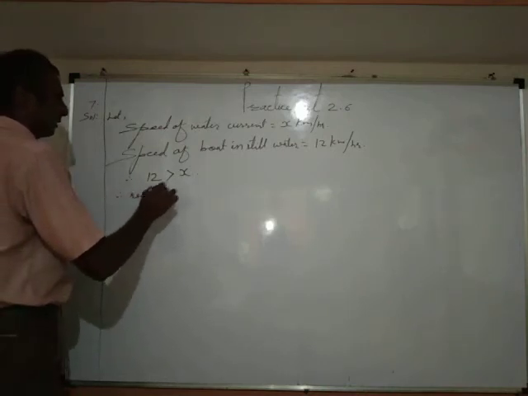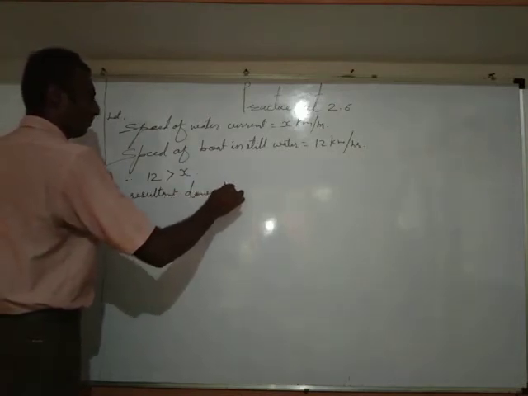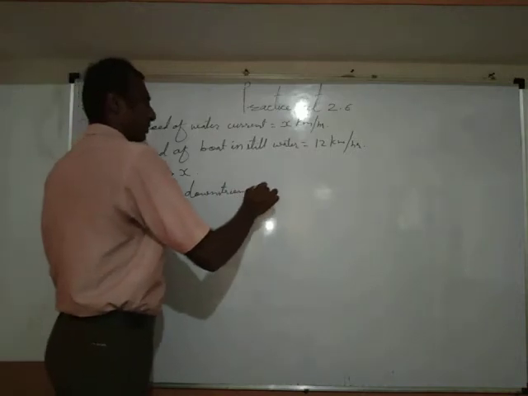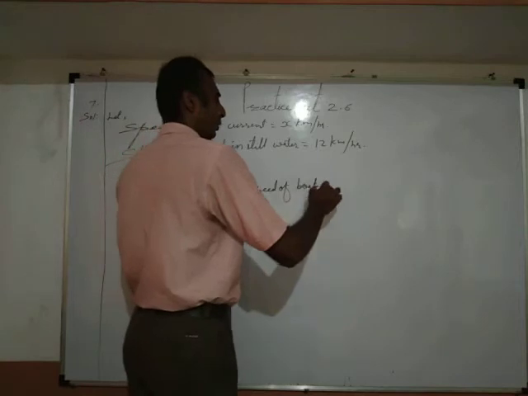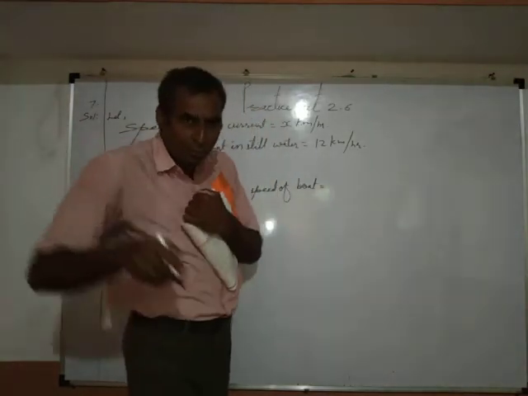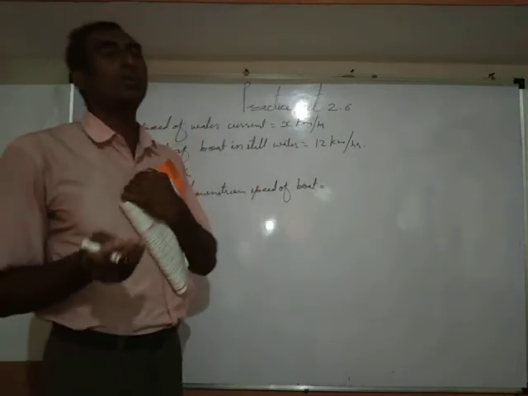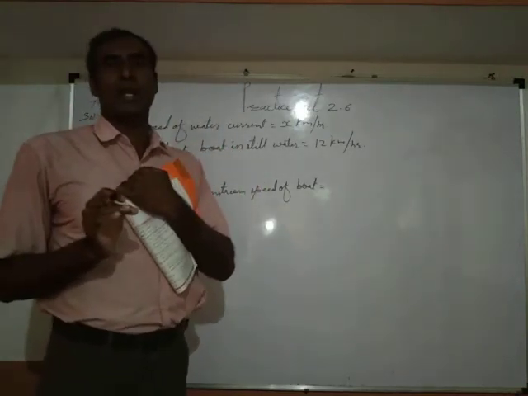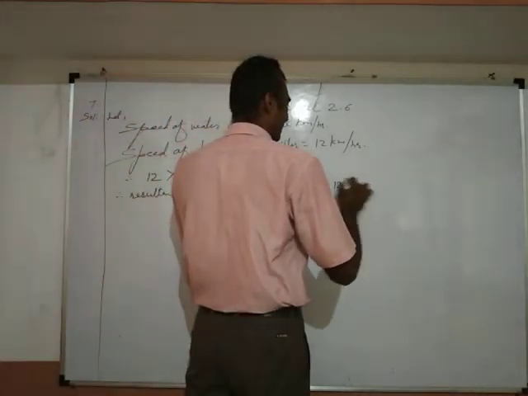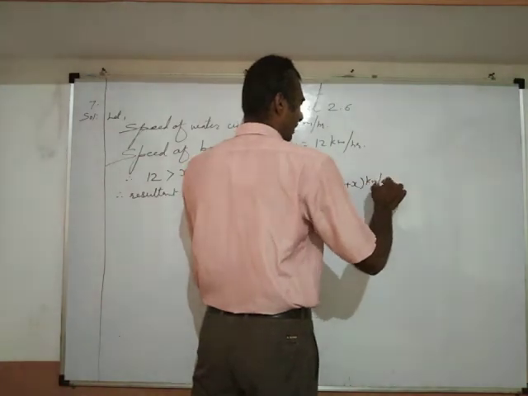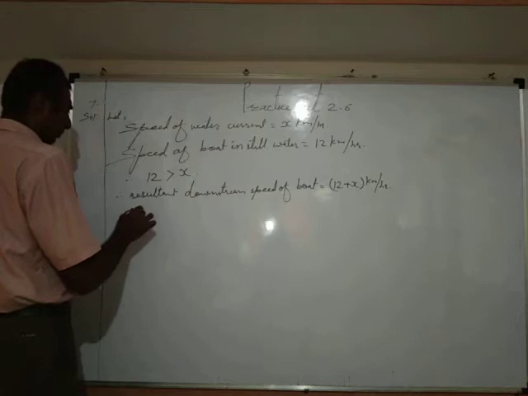the resultant downstream speed of the boat, okay, downstream means along the flow of water current, the resultant speed will be the addition of the speed of the boat and the speed of water current, means it will be 12 plus x kilometer per hour, and the resultant upstream